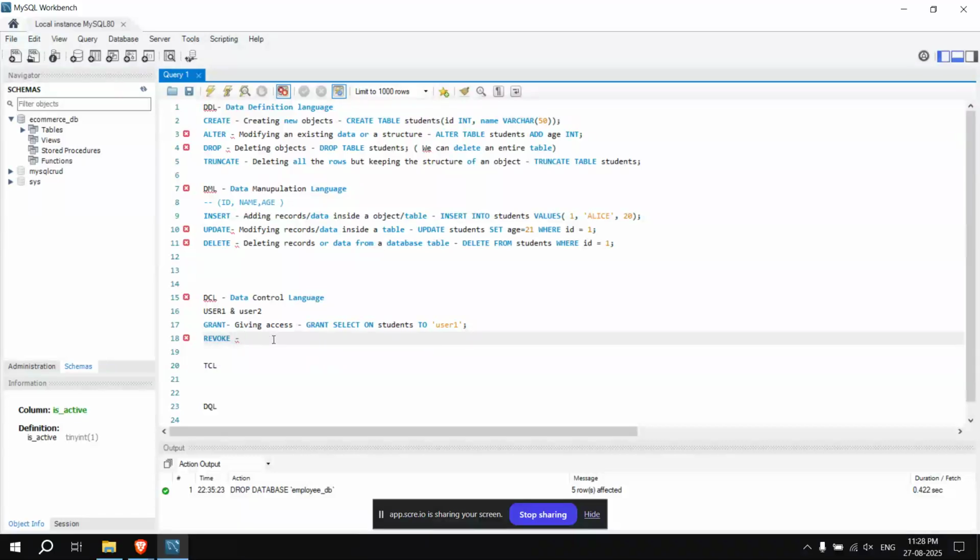That's all. By using this line we're granting a specific permission to a user, such as for reading permission we're using select. There's a revoke permission as well.